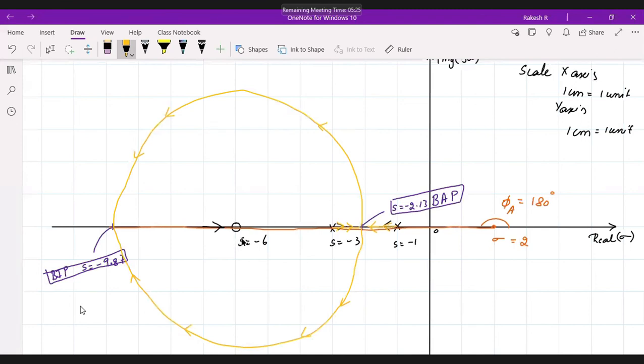Right. So I'll be getting s equals to, I think, somewhere around 6 here. Somewhere here only you'll be getting the center point. You need to make a circle here. Right. This is how the root locus is coming. Now this is our break in point.